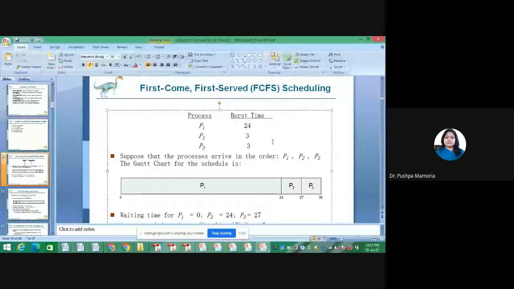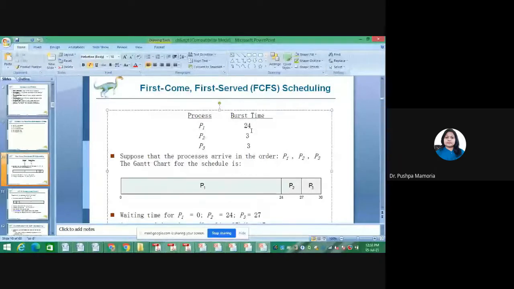This is the simplest CPU scheduling algorithm. The idea of this algorithm is that the job which comes first in the ready queue is executed first by the CPU. Right? So here the ready queue is considered as a first in, first out queue. We can see here a snapshot of the system: processes P1, P2, P3 are in the system, and their execution times, or burst times, are 24, 3 and 3.